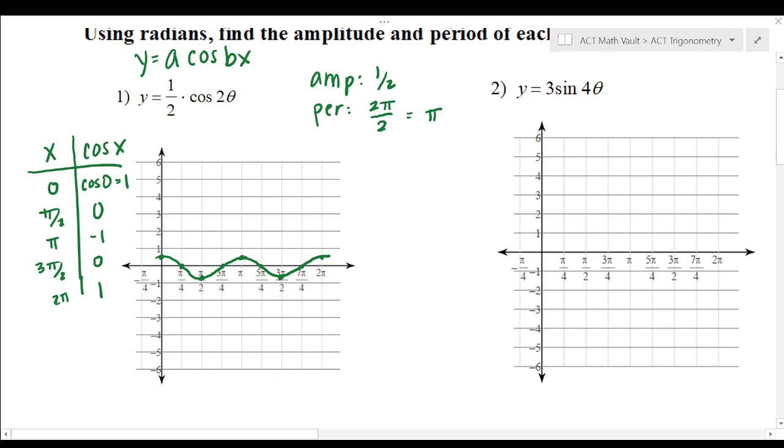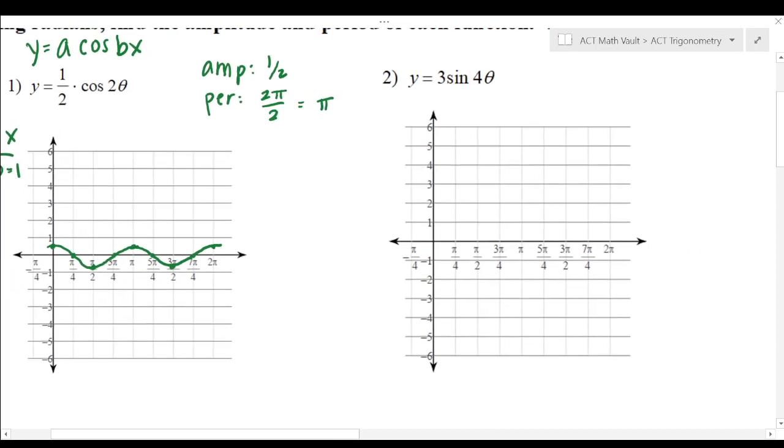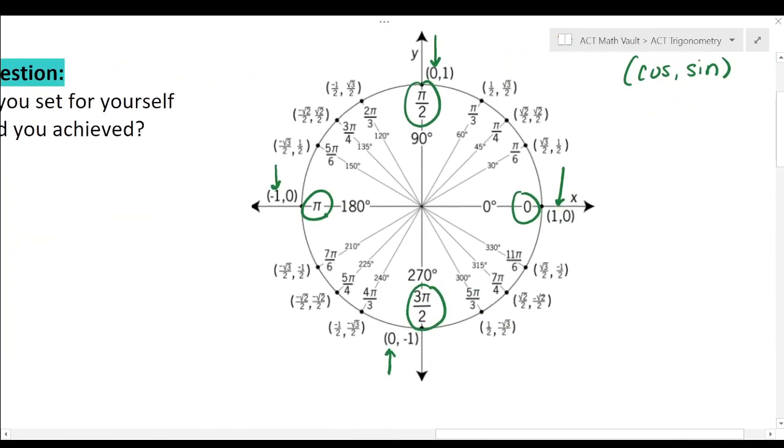For the next one, it's a sine curve. And so the sine curve is the same thing. It's just instead of starting up at this amplitude here, it would start at 0. It's a little bit more offset. So let's get the general graph down, x, and we'll do sine of x. Note, this says theta, but theta and x would be the same thing. They're just variables. So if I threw in 0 for x, and then I do sine of 0,